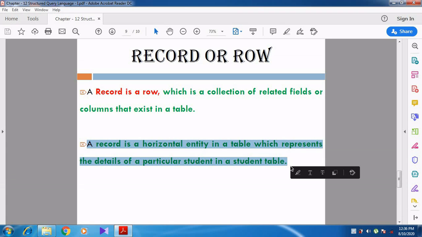The name of the student is Adi. So what is his mark? Adi's Tamil mark is 85. Adi's English mark is 93. Adi's physics mark is something. Like that, each and every student's detail is stored in the record. It is stored in the row. So it is represented in a horizontal manner, as a horizontal entity, right?